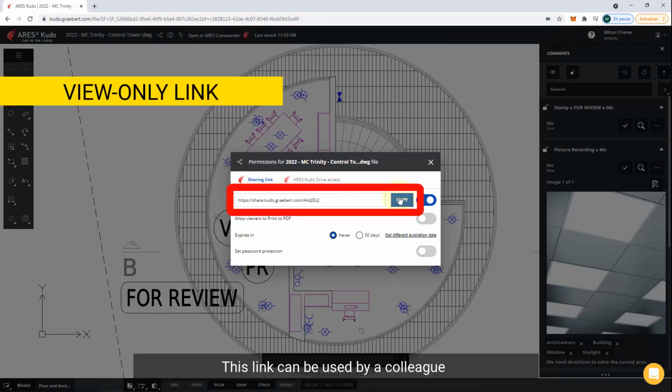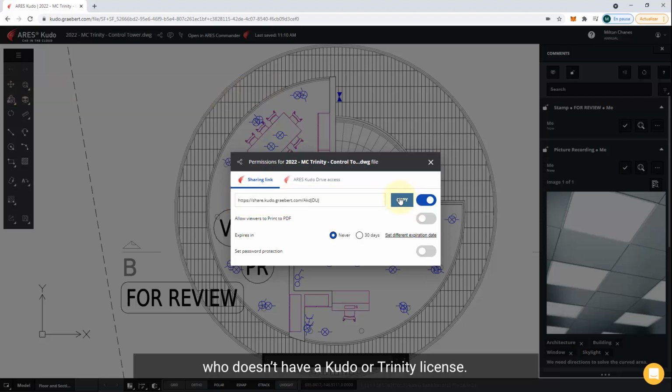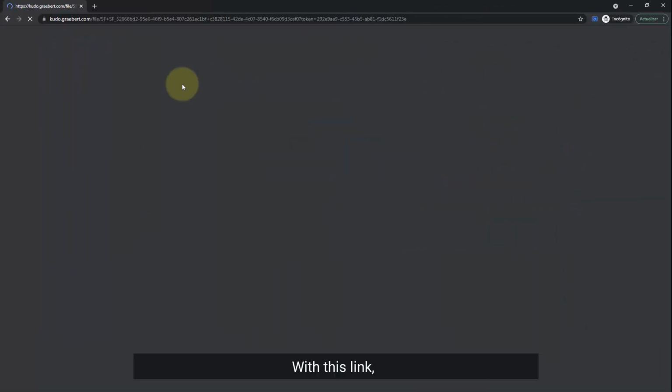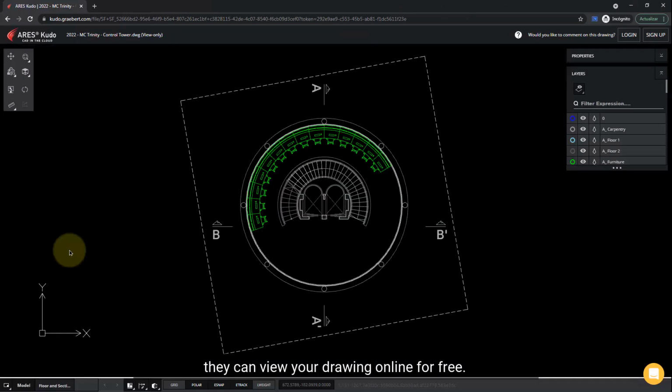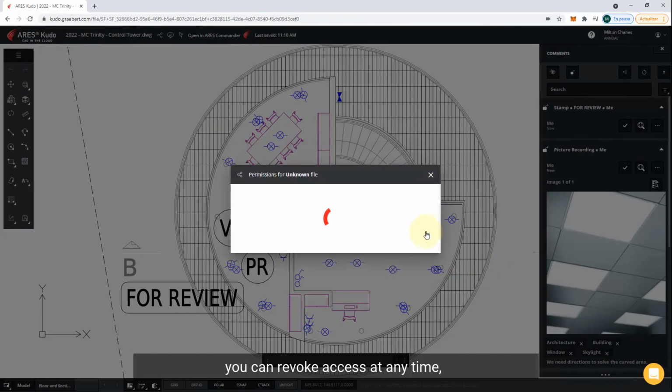This link can be used by a colleague or an external collaborator who doesn't have a Kudo or Trinity license. With this link, they can view your drawing online for free. As you can see, this is just a URL to click. They have nothing to install, and they always see the latest version of your file. It is very secure because in the settings of the View Only link, you can revoke access at any time,